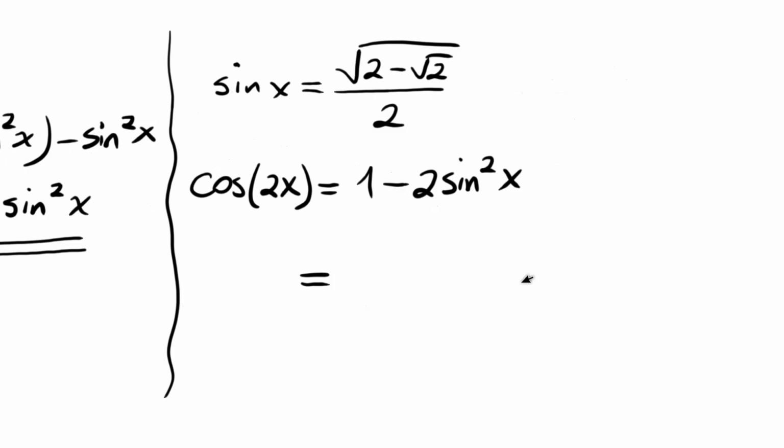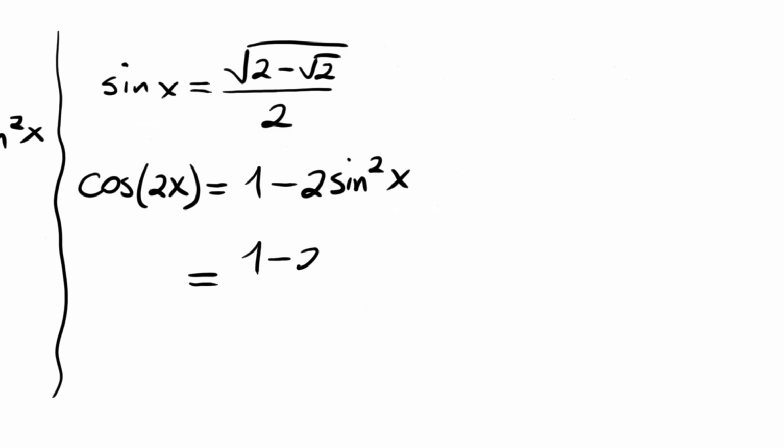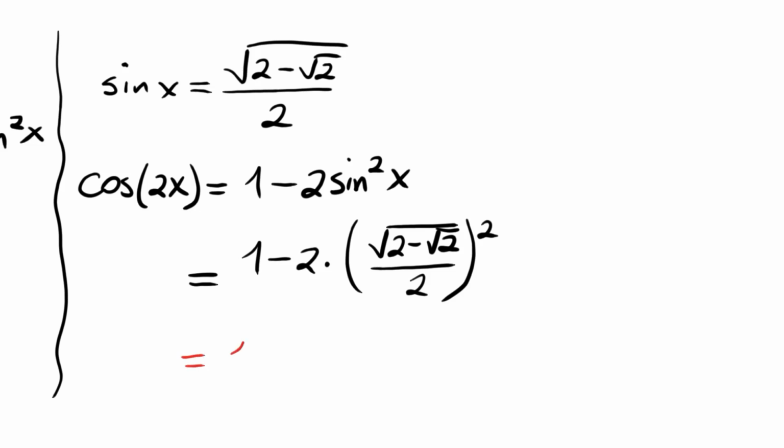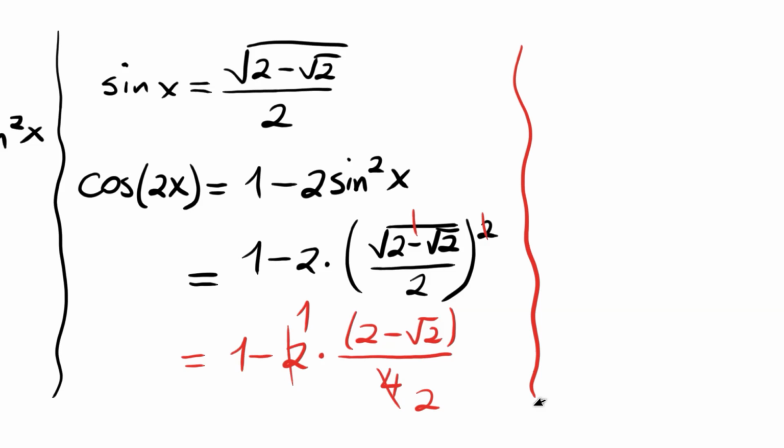Let me write the value here. 1 minus 2 times this square root of 2 minus root 2, all divided by 2, and squared. We will use our formula now. Now this is equal to 1 minus 2 times this square root, and the square will cancel the root, so for the numerator we will have 2 minus root 2, divided by 2 squared, this is 4, and cancel these 2 and 4, we will have 1 and 2. So this will become